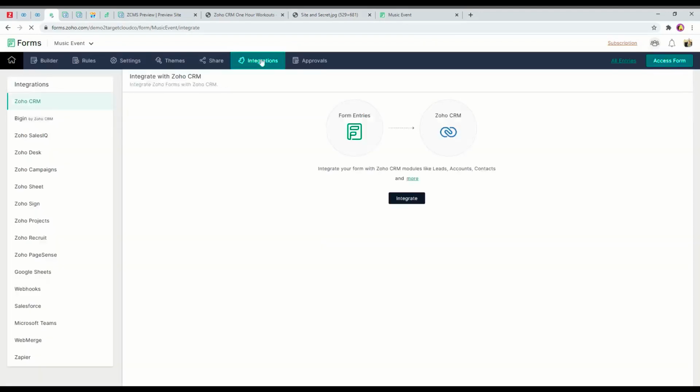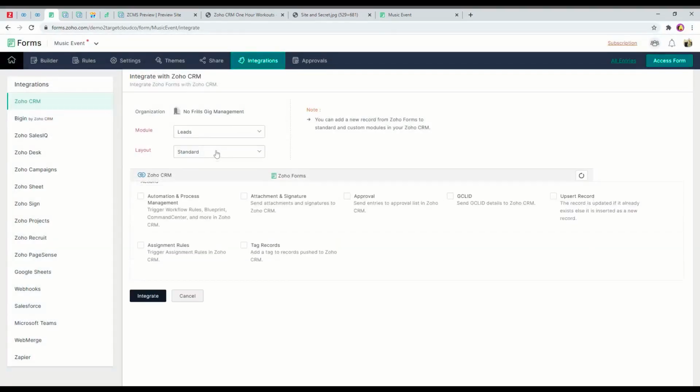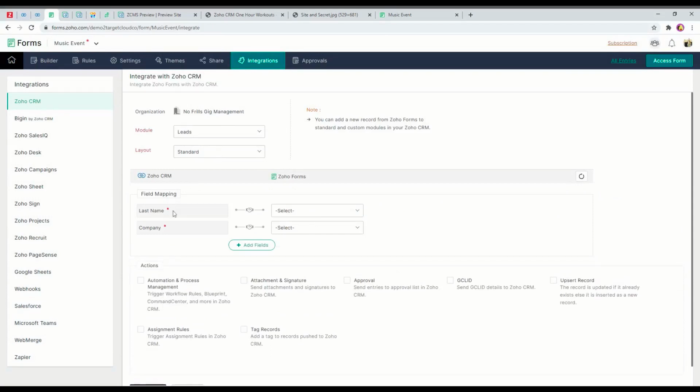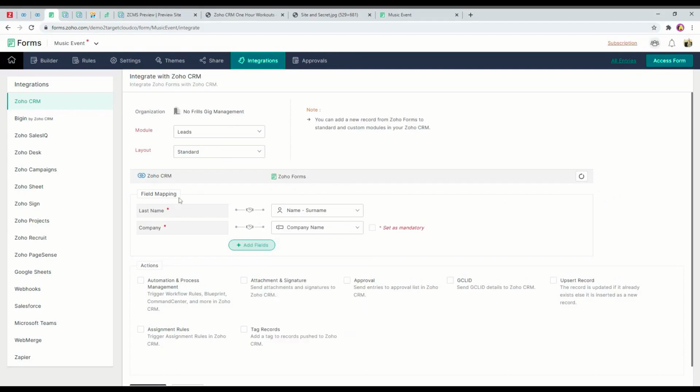Integrations, again, we're not going to do this bit, but we could integrate this with the CRM. So what we do is select the module you want, and then you can see we've got the two default fields here, the two mandatory fields. That's what it's called in the CRM, and this is what it's called in forms. So you can see last name would map to surname. Company, if I scroll down, would be company name, and you go on and build the mapping of these